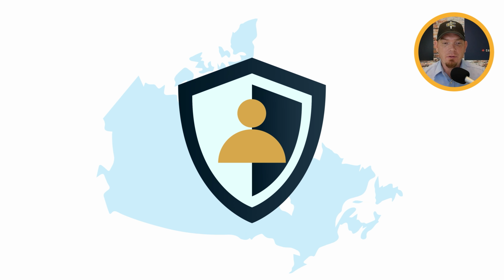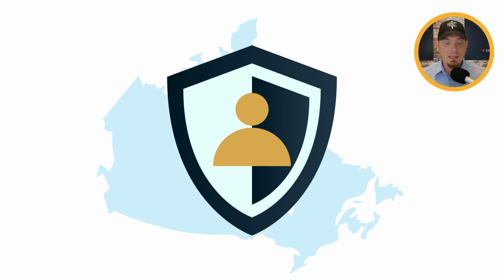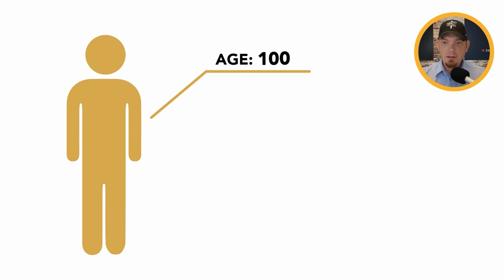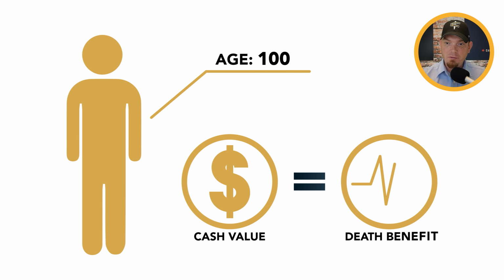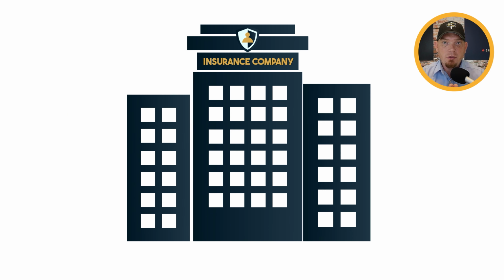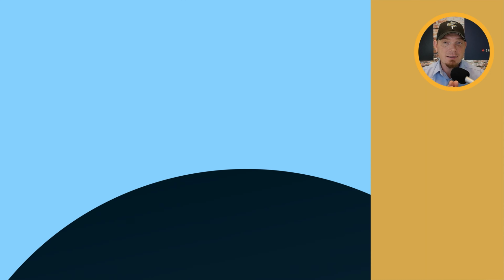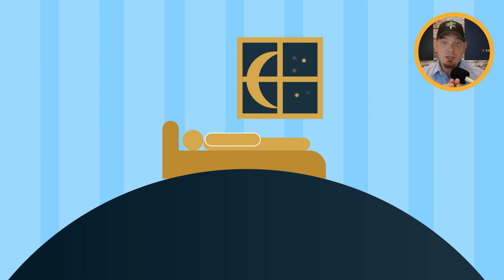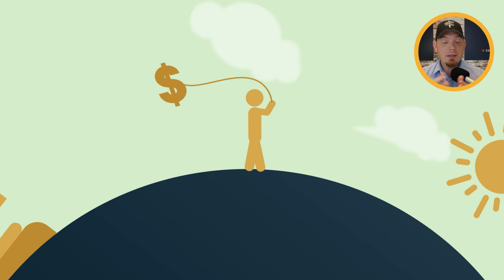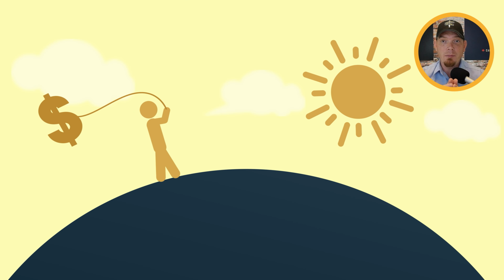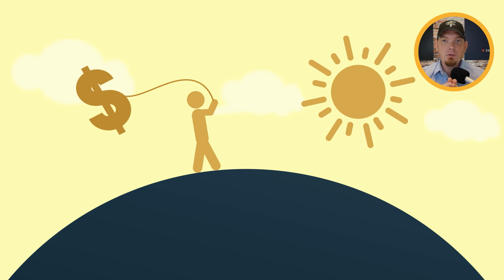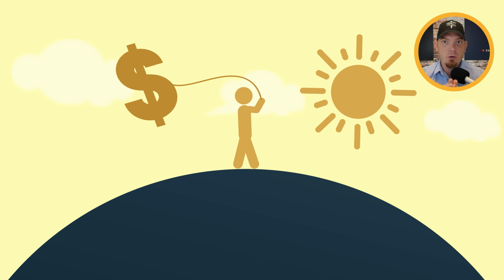Well, let's look at an example of the foundation of the whole life insurance contract. In Canada, by age 100, the cash value must equal the death benefit. Very important to understand. So at age 100, as we age and we grow, regardless of where we start, the cash value must equal the death benefit. The insurance company, who we're a co-owner of, is contractually obligated to make that happen. That means every single day that you age and you go to bed and you wake up the next day, there's more cash value than the day before. It's a very, very smooth, simple, and easy way to have constant growth on your money.